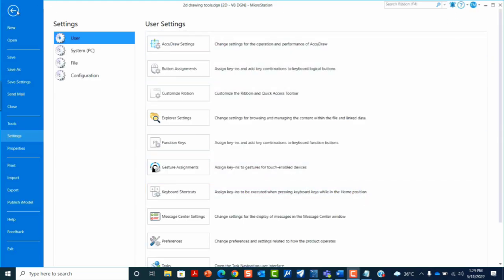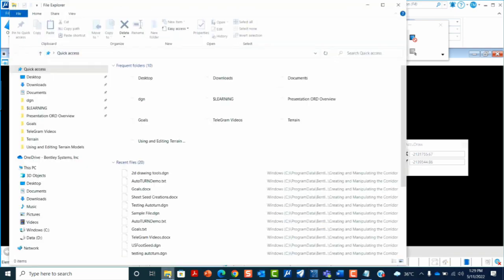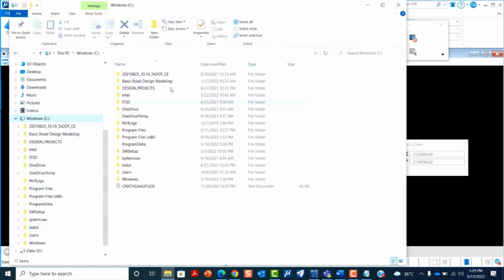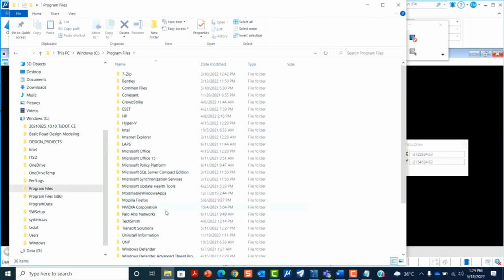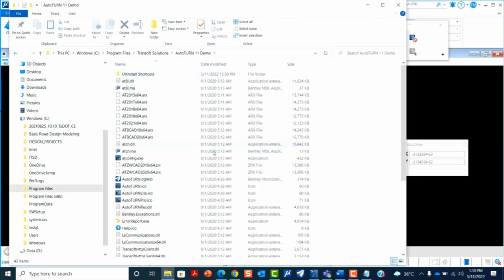Again, if AutoTurn is not appearing on the ribbon, then you have to load the dgnlib. This is the AutoTurn dgn library.